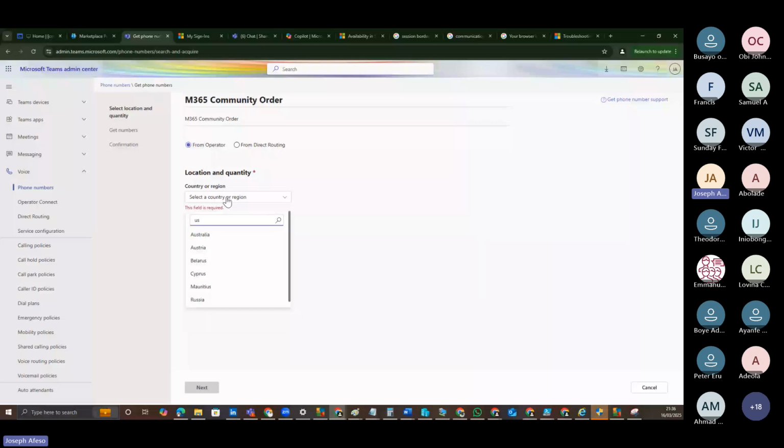Of course, we know that from our yesterday's finding, we have phone numbers from UK. We have some from United States. So if we are going for,